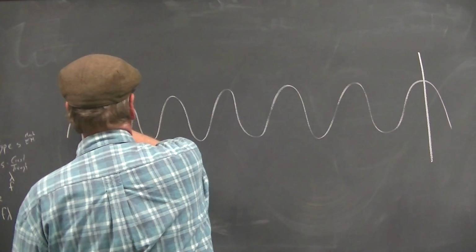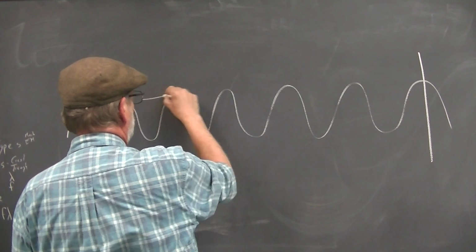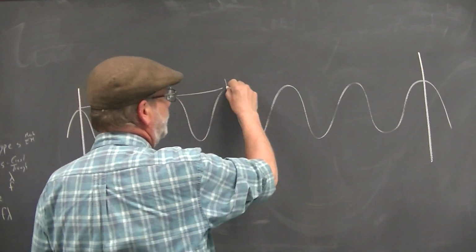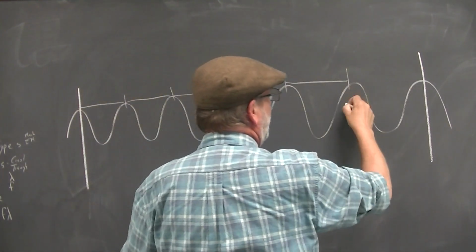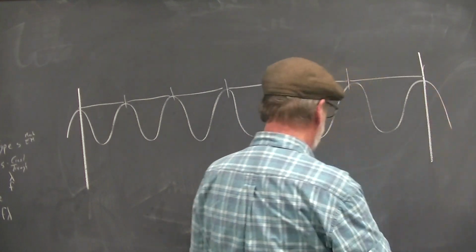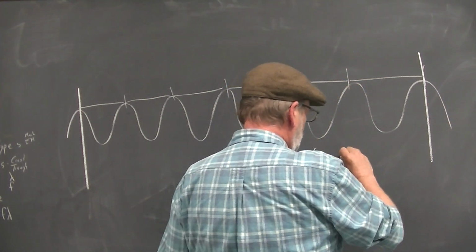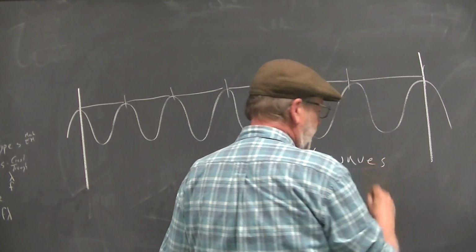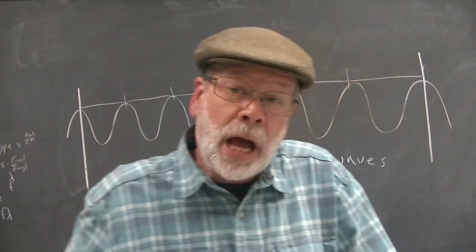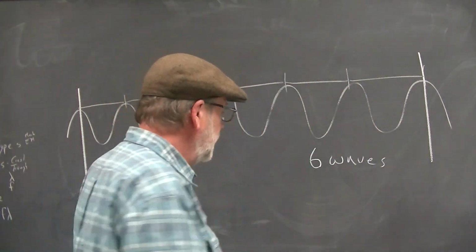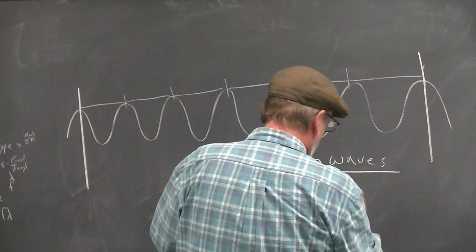It moves 1 wavelength, 2 wavelengths, 3, 4, 5, 6 wavelengths. 6 waves. If I'm on a dock and those 6 waves pass me in 1 second,